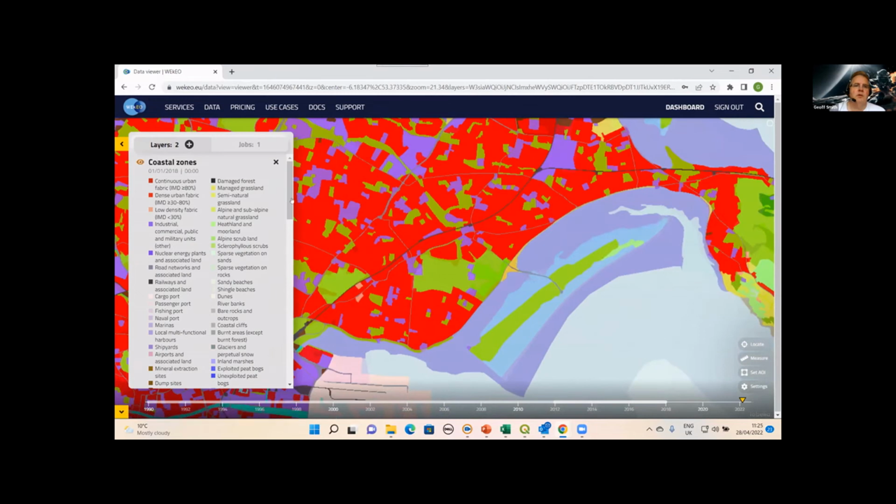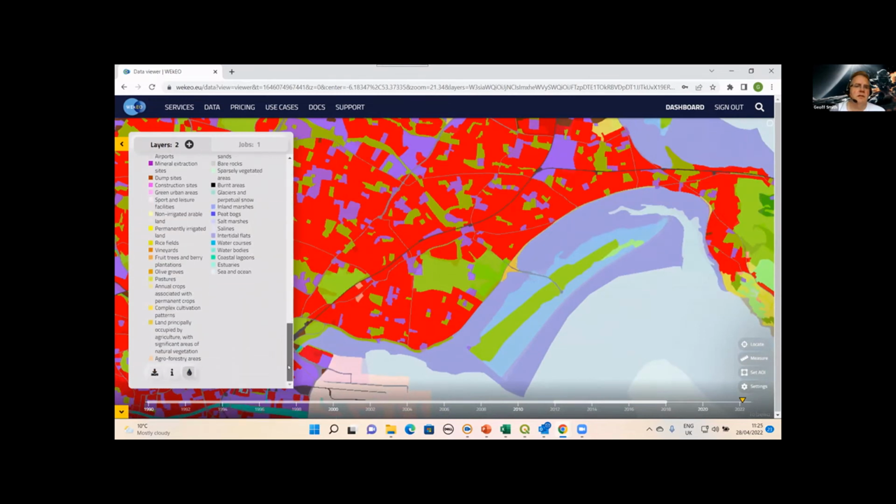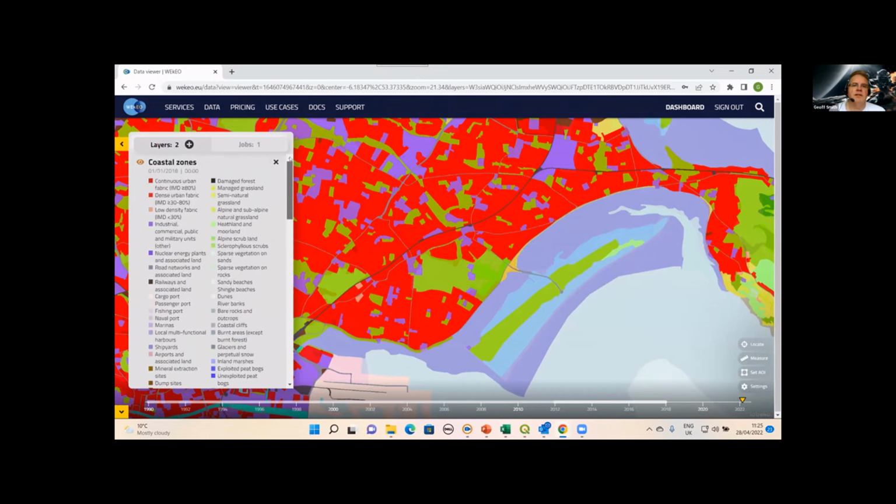So, once we have these data sets identified, you can see here that we can compare them in WEkEO, and this viewer is quite a powerful tool for overlaying data sets and comparing them. But we can also download as well. I won't do any downloads now because it's going to take up bandwidth, and I'm trying to run this presentation. So that's the sort of thematic information that we can use in the coastal zone.